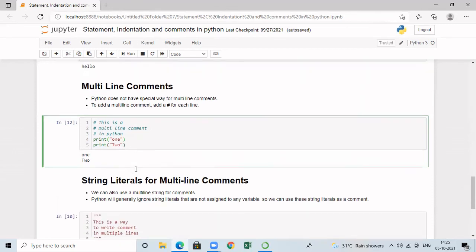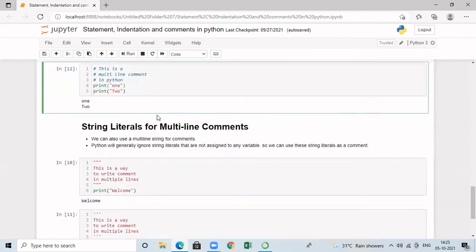In Python, we have another way of writing multi-line comments, by means of string literals. Now we know what a string is: a sequence of characters enclosed inside either single quotes or double quotes. In Python, we can also use multi-line strings for comments.